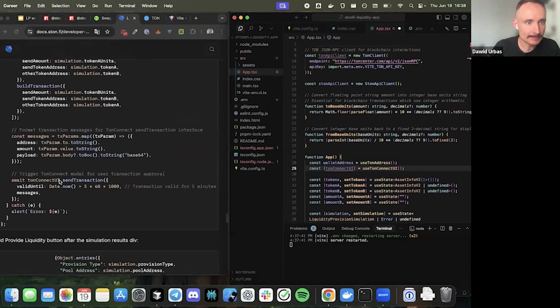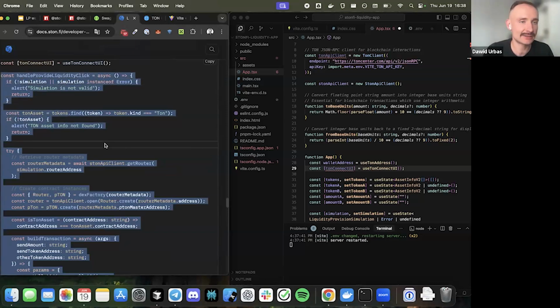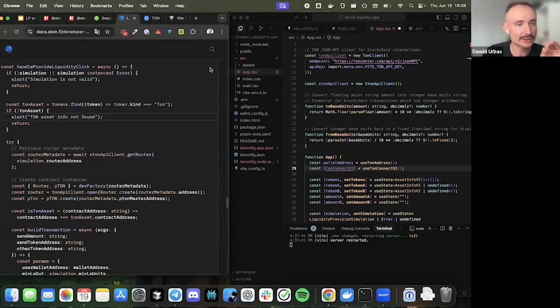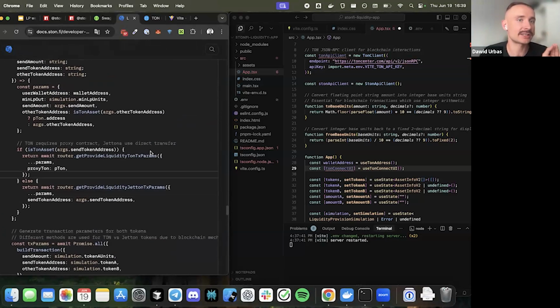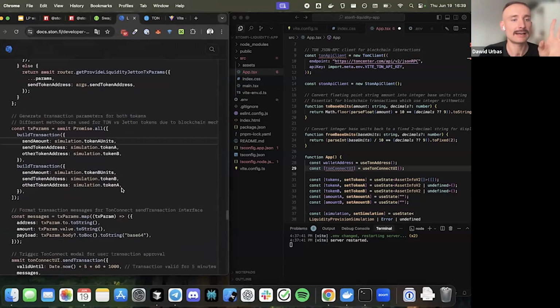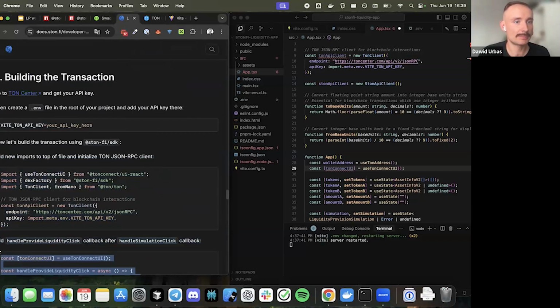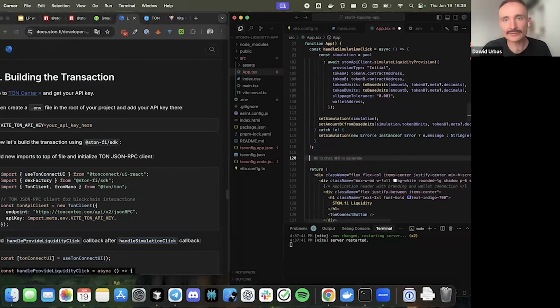And almost last step is handle provide liquidity click function. So basically, this function is responsible for taking the simulation result, call the necessary functions, and build the real transaction. It depends if you have Ton as one of the pair that you want to provide liquidity, or you have a Jetton. Everything is handled by this function. So what you need to do is just copy paste it. Let's do this and paste right after